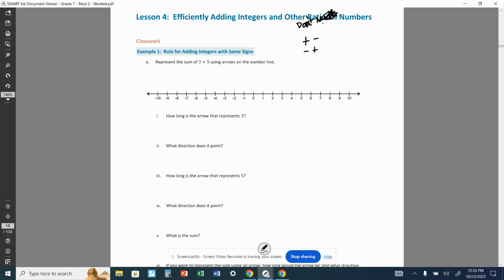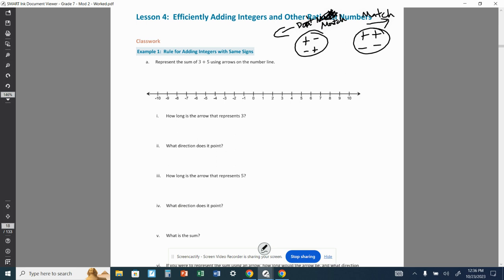Sorry. Don't match. The board's a little off right now. Right, when they don't match, then we move to the left. And when they match, plus a positive, minus a negative, each one of those lines matches, not the top and the bottom, but left and right match. When they match, we move to the right. Right? When we're talking about adding and subtracting integers, which are positive and negative numbers,